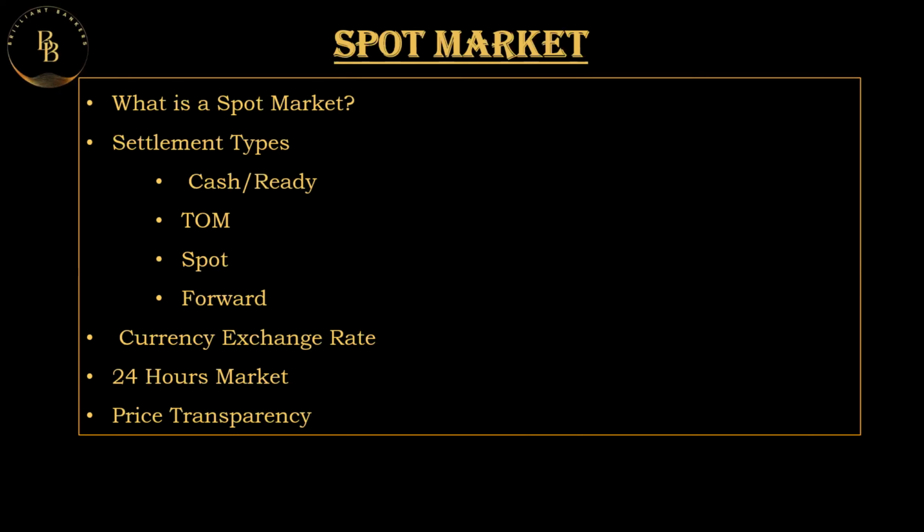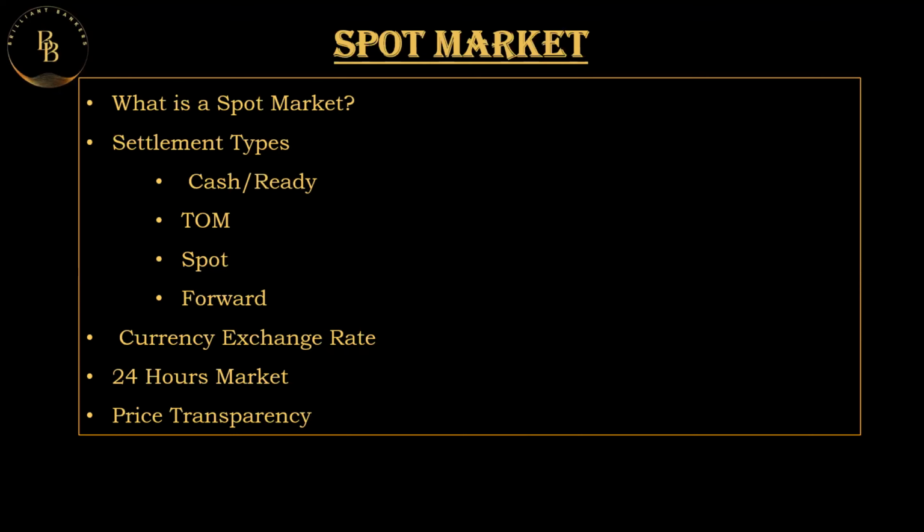Other than that, we will go through different types of settlements in the market. That is cash and ready, the term, the spot and forward. We have already gone through these in a previous video. So what is cash and ready? Whenever the settlement is done today, at the time of the transaction, it is called cash or ready. When it is done the next day of the transaction, it is called term. When it's done 2 days after the trade, that is T+2, it is called spot, and any time after that, it is called a forward